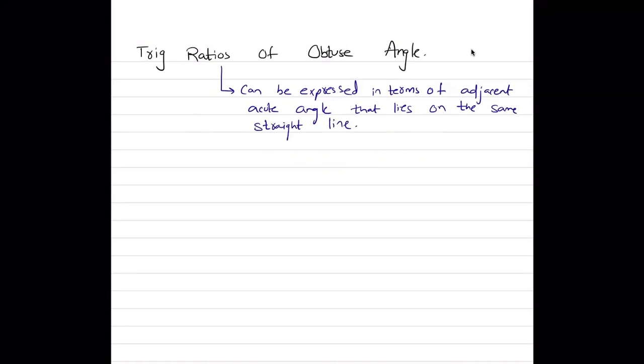What do I mean by this? If you have this right angle triangle with you, the acute angle is this theta, and the equivalent obtuse angle is going to lie outside this, when you extend the bottom line. This is going to be the obtuse angle, and it is going to be equal to 180 minus theta, because the sum of these two angles must be 180. Sum of the angles on a straight line is 180 degrees. So if this angle is theta, then the other angle is going to come out as 180 minus theta,